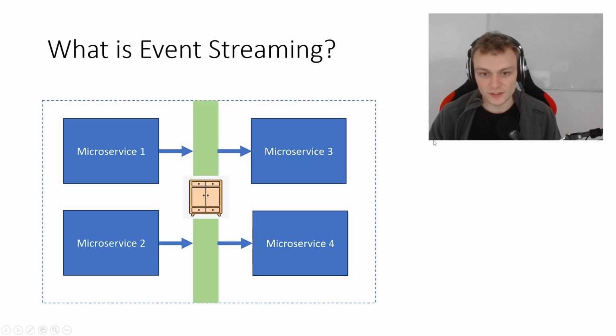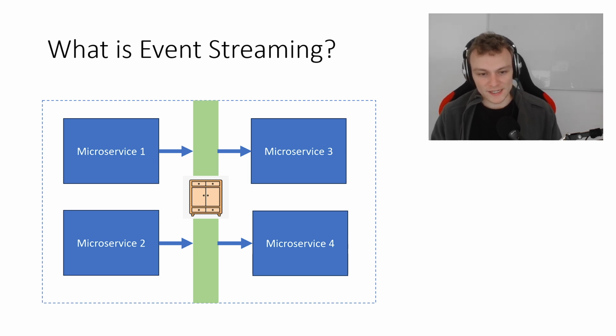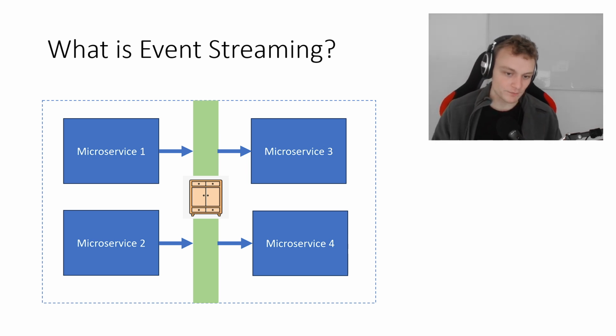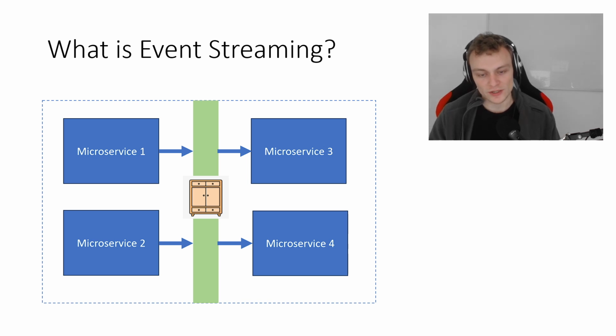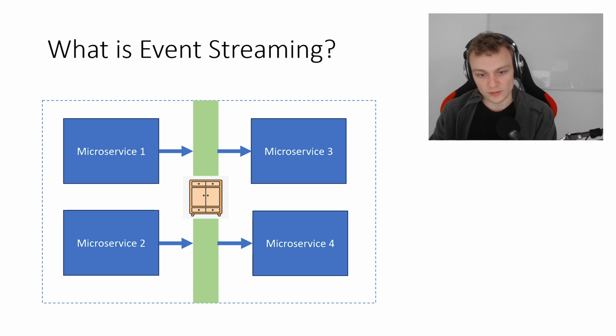Now, let's have a look at what event streaming is. This is the general concept that deals with this problem of integrations between microservices. And event streaming is basically the following. You have some kind of mechanism, which I highlighted in green here, that accepts data from microservices and distributes data to other microservices. You can think of this event streaming mechanism as a cupboard. Some microservices put information into the individual